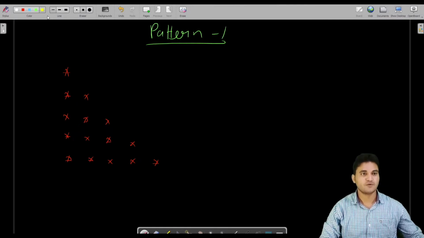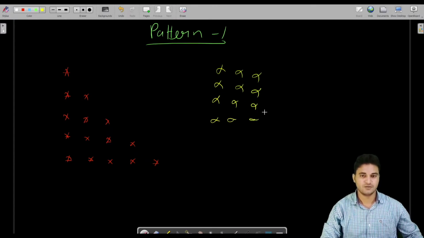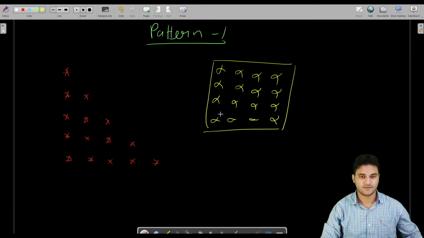So, coming to the problem which we have to see, we have to print this shape. Let us say, what if I asked you to print a square shape like this? Let us not talk about this. What if I ask you to print a square shape of 4? What will you do for that? Let us consider it as this.